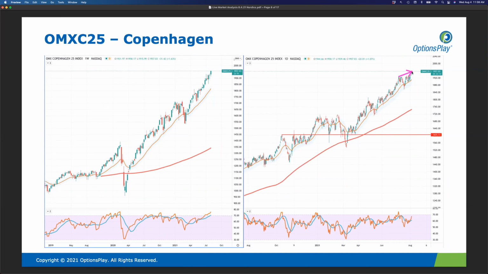But on the short-term time frame, you do see a little bit of negative divergence here. Higher highs in price are no longer being confirmed by higher highs in momentum. But again, these types of things will resolve themselves in fairly small movements to the downside. So maybe that 1900 level would be a more optimal entry point for long positions, but very much